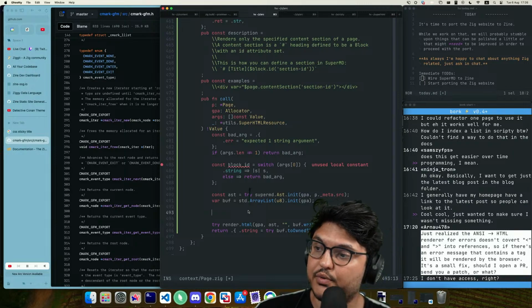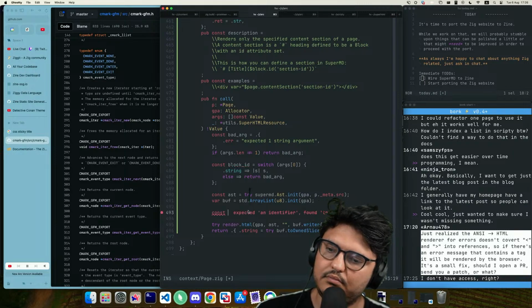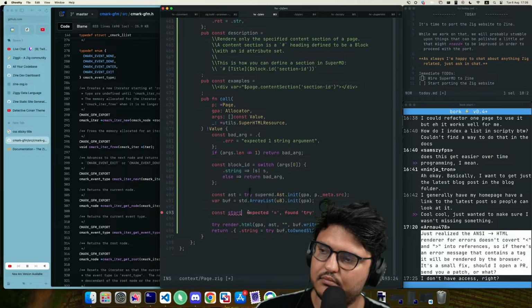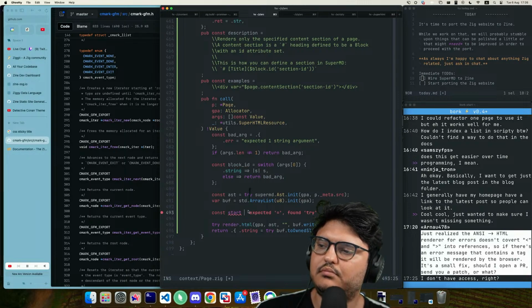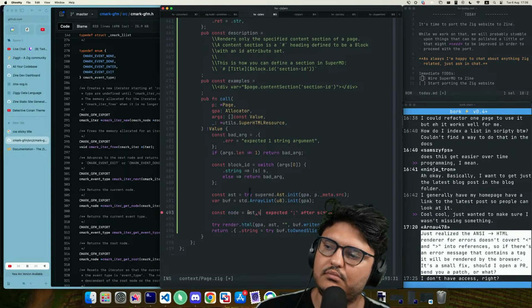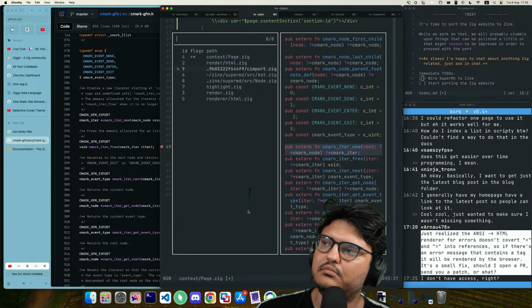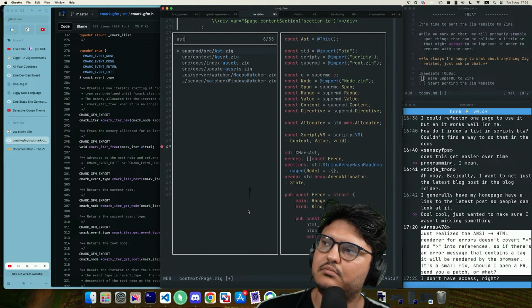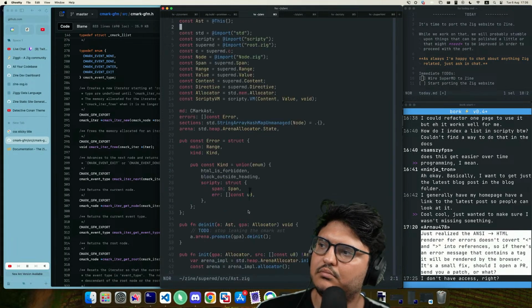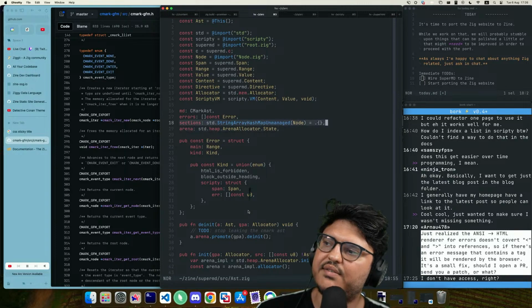Let's grab the node. No sections. Yes, sections.